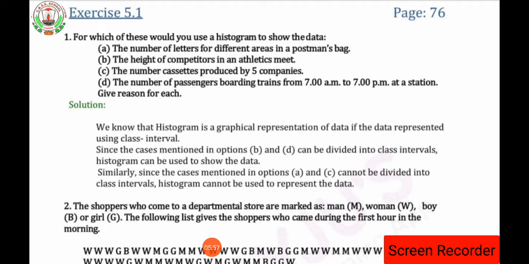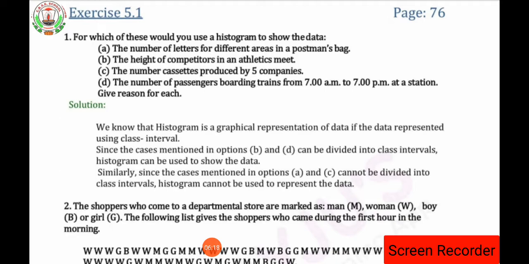Frequency, everybody knows what frequency is. Frequency means whatever the thing in the tally marks: in the first column we write the serial number, then the tally marks we are using, and counting those bundles of tally marks and writing at the side of that is said to be the frequency. Isn't it?